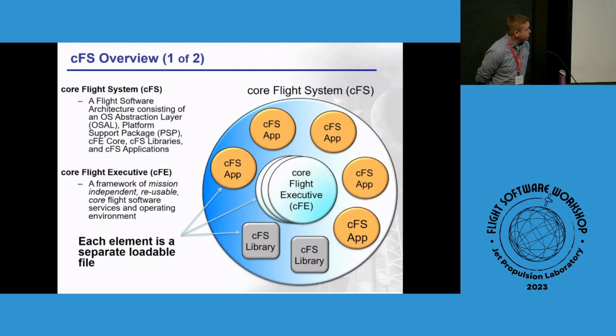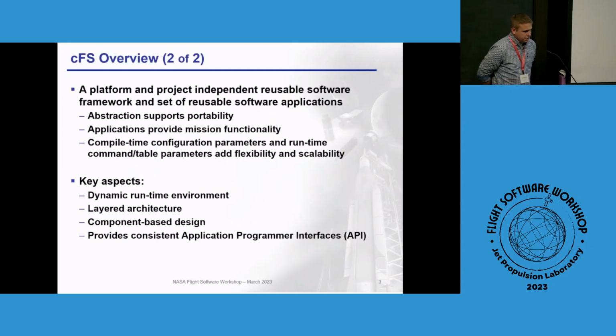So this is the classical chart shown dozens of times. We have the CFE in the middle, which supports the execution of apps and libraries. Underneath that, we have the OS abstraction layer and platform support package, which abstracts the OS and platform-specific functionality. So cFS is a platform and project-independent reusable software framework and a set of reusable software applications. Abstraction supports portability, applications provide mission functionality, and compile time parameters and runtime command and table parameters add flexibility and